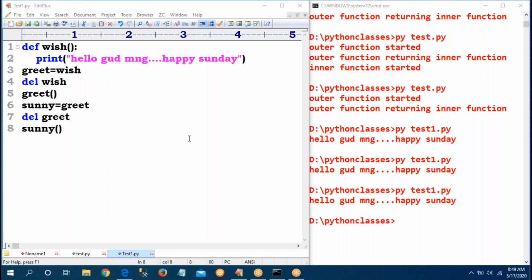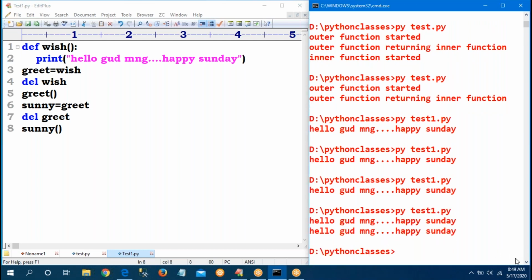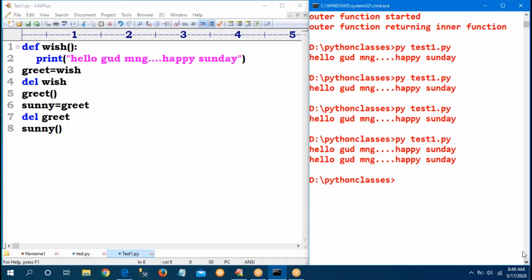We will get output, because of the first wish, next time giving greet, next time given Sunny. I deleted greet, Sunny will be executed. Hello, good morning, happy Sunday.